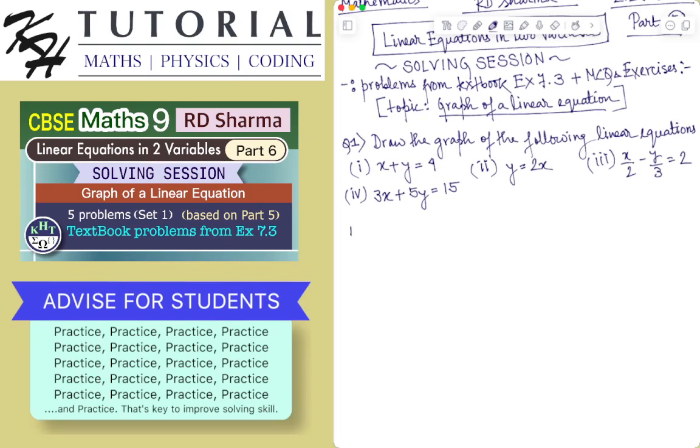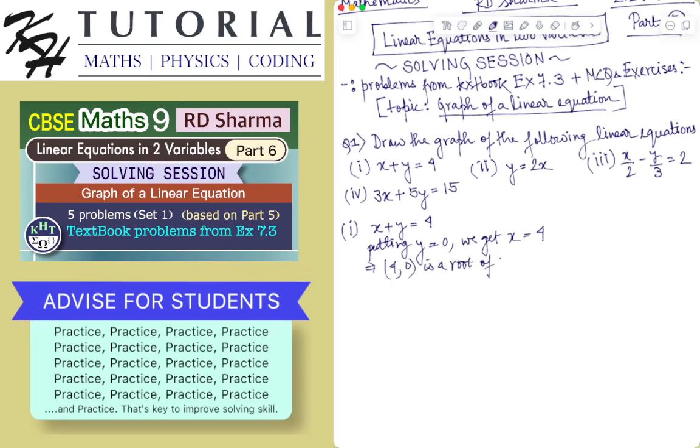So let's consider the first equation. It is x plus y is equal to 4. How will I find two roots? How will I find a root? The easiest way is that you consider the value of y equals to 0 and then solve for x. So putting y equals to 0, we get x equals to 4. So this implies that 4 comma 0 is a root